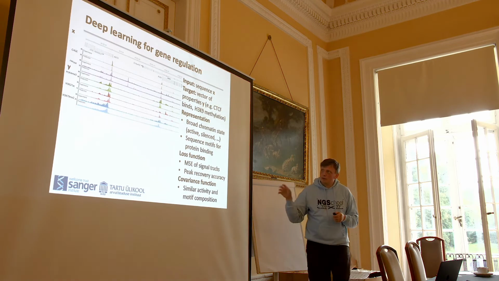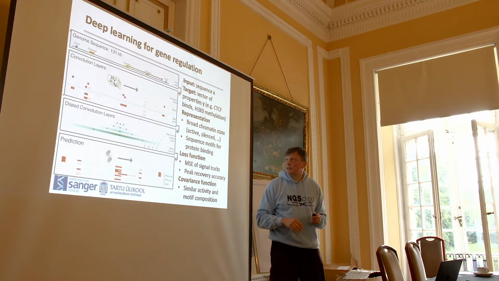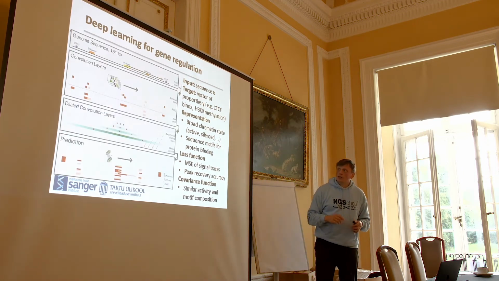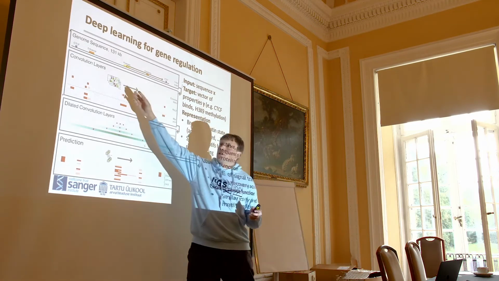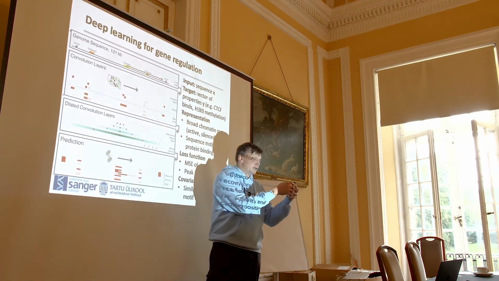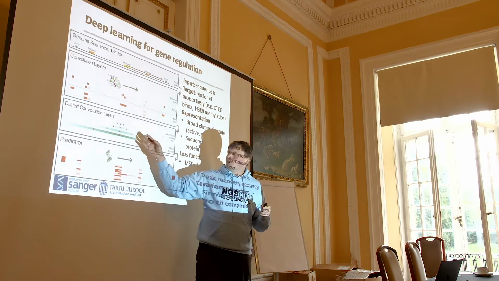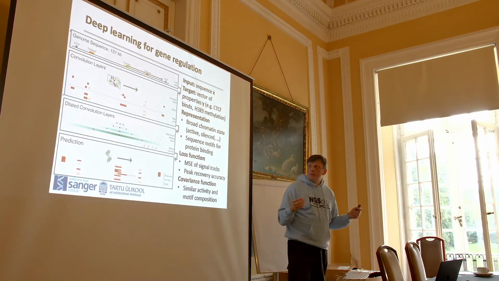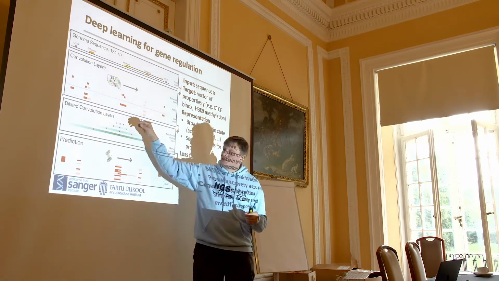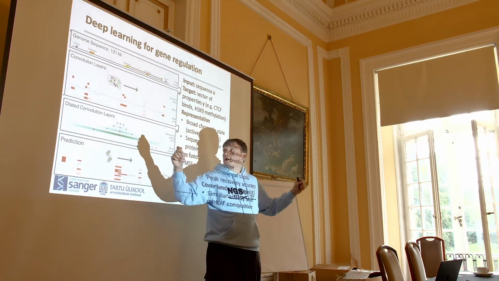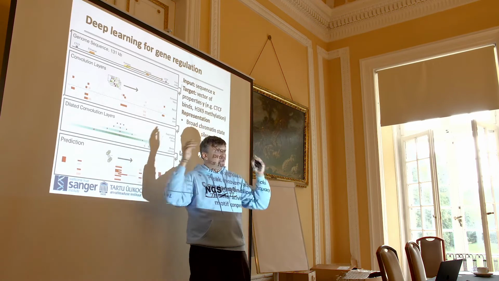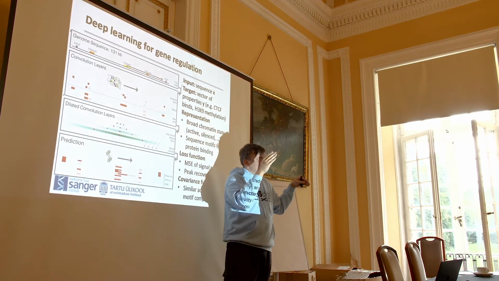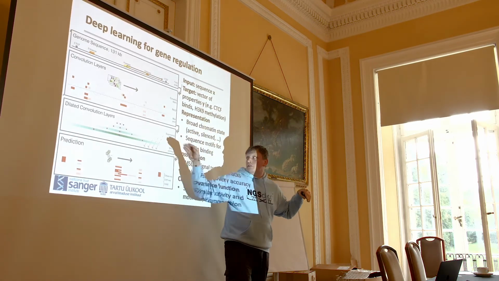So you somehow have to capture these interactions at distance. And they use quite standard convolutions. This allows you to learn the motif matches where your factors bind and so on. But the dilated convolutions are a way to address how to look at a distance. And so instead of just having convolutions that go one base at a time further and further, they go further and further exponentially. So they double the distance away at which they look at every layer.